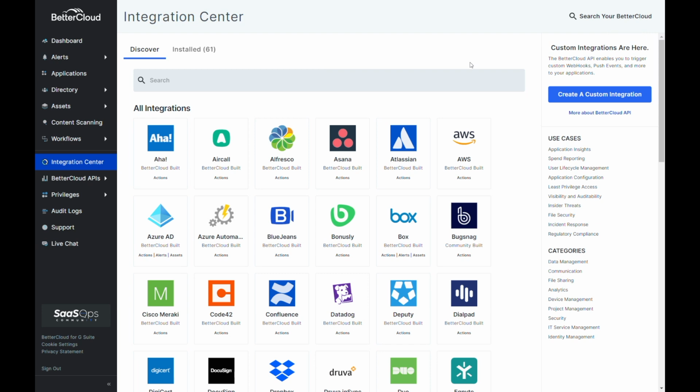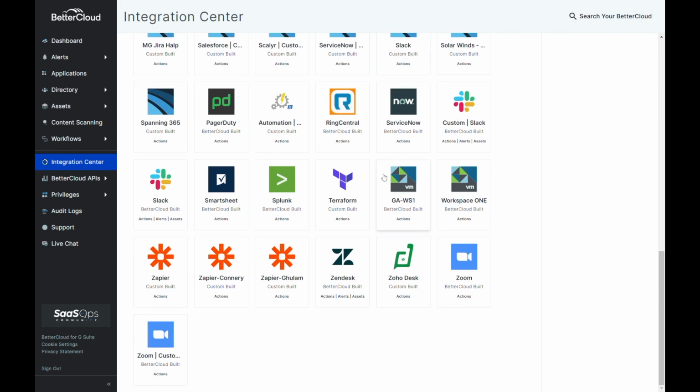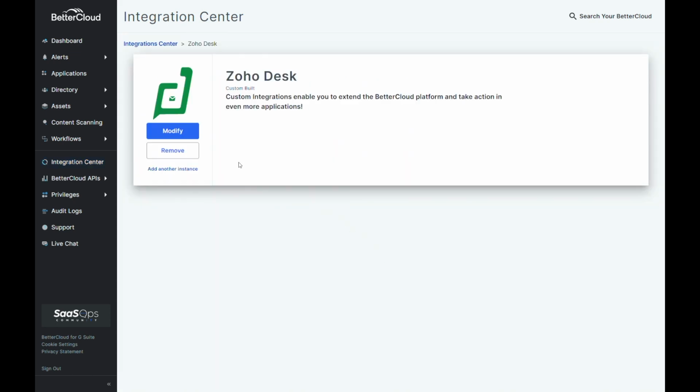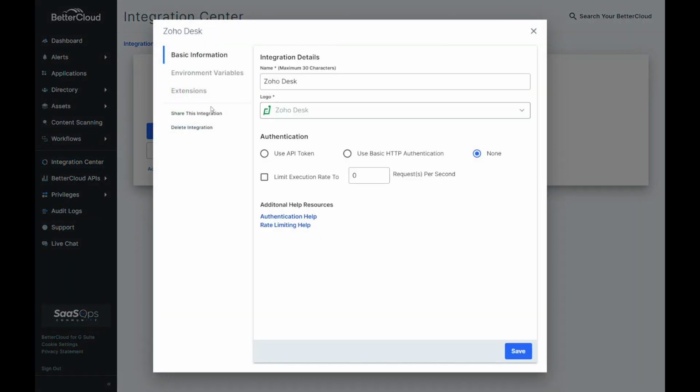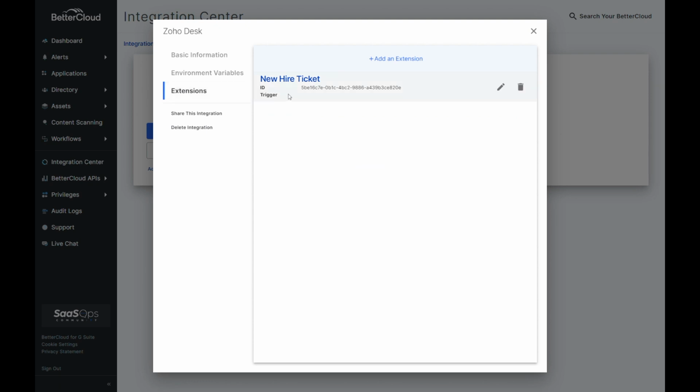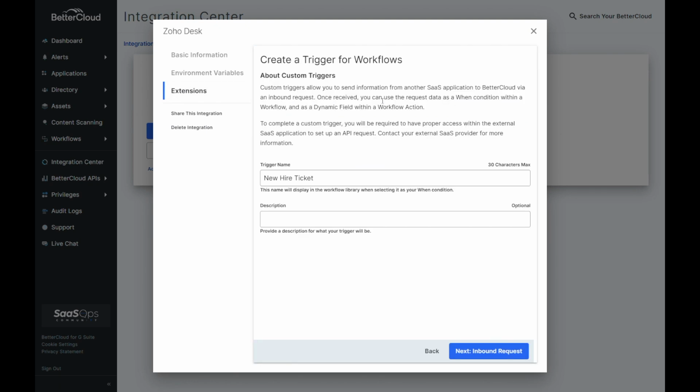We're going to take a look at how to configure the third-party application ITSM ticketing system Zoho Desk and create a ticket, and how you can provision users from that single ticket, creating zero-touch automation. So over here in BetterCloud, I've already installed Zoho Desk as a custom integration. Clicking on it, we'll go to the extensions. Right over here, this was a new hire ticket that was implemented. Taking a look at it,